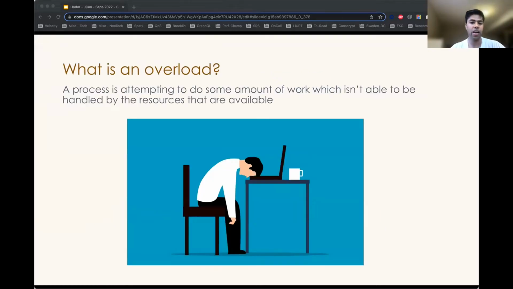All right, so what is an overload? An overload happens when a resource is being asked to do more work than it is capable of handling. An office worker being asked to do more work than they have time for is an example of an overload. Similarly, in the distributed systems context, a server or set of servers being asked to process more traffic than they have been designed to handle is also an example of overloads. Servers can either get overloaded because of physical resource limitations or virtual resource limits.